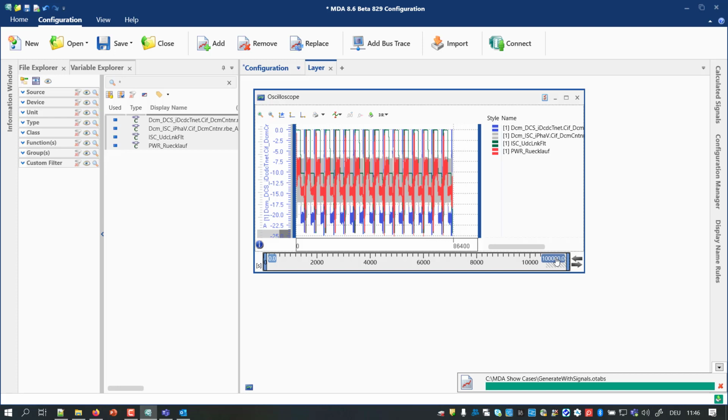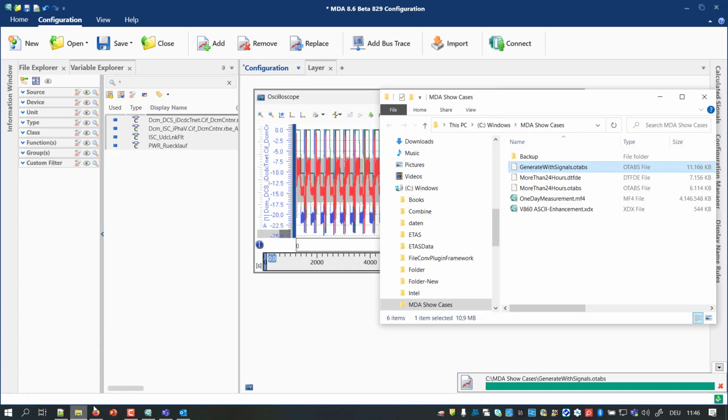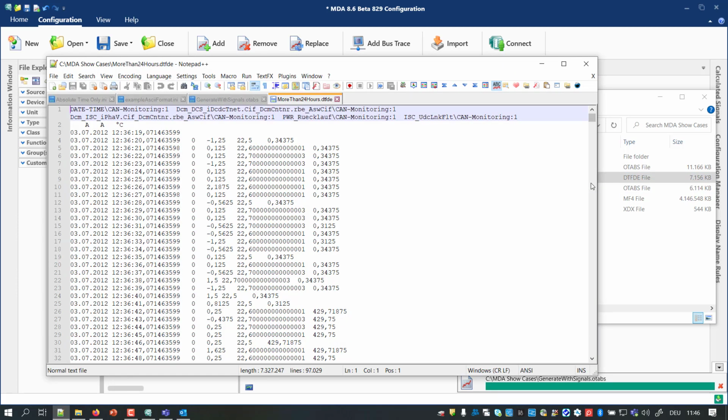As the timestamps after 24 hours are not unique anymore, for files with such a specific time channel format, the maximum time range is limited to 86,400 seconds. In case your measure files can exceed 24 hours, you should either use a format with relative timestamps or a combined date and time information.